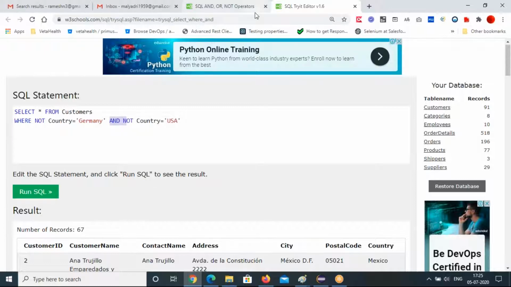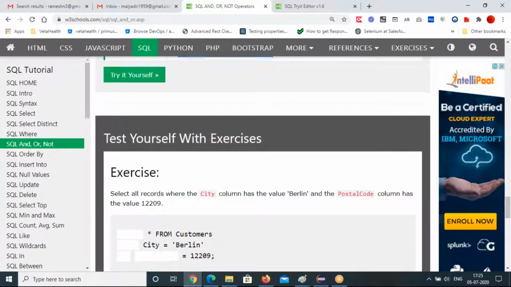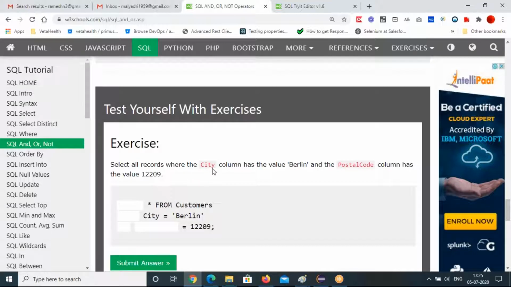So this is one of the very important things. They have also given an exercise, you can try it out. Select all records where the city column has the value Berlin and the postal code column has the value 12209. So they're asking to write select. First one is select, right? Capital or small letters you can write. Select star from customers where city equal to Berlin and, see, they are clearly saying, and the postal code,